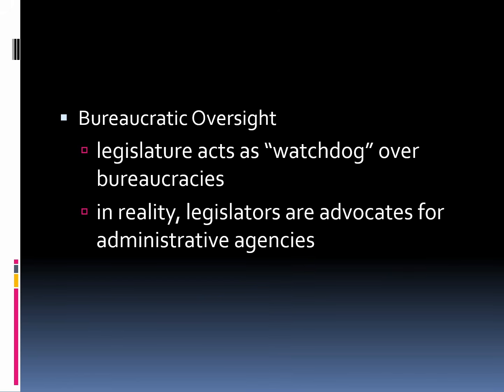Another procedural tool that they have is that they will provide bureaucratic oversight of the bureaucracy. Let me tell you real quickly about a bureaucracy, because we're going to be talking more about this in the lecture on the executive office. The bureaucrats are basically the public agencies that will implement the programs that are passed by the legislature. So the legislature passes a bill, the governor signs the bill, then it has to go to some type of state agency to implement the bill, to deliver the services. So that's a bureaucracy, because all of these state agencies are very large.